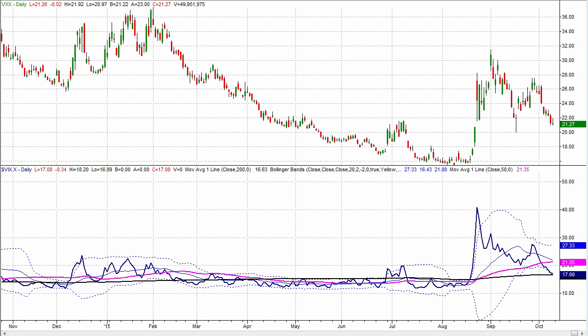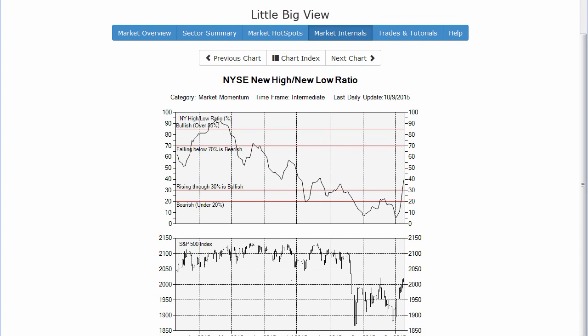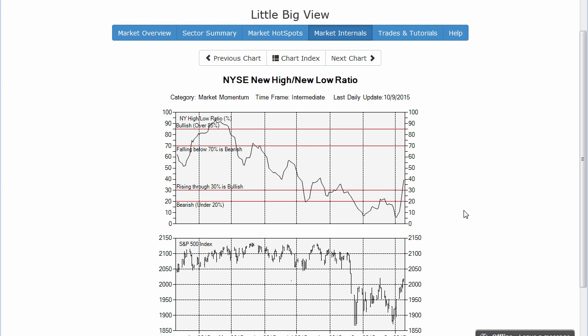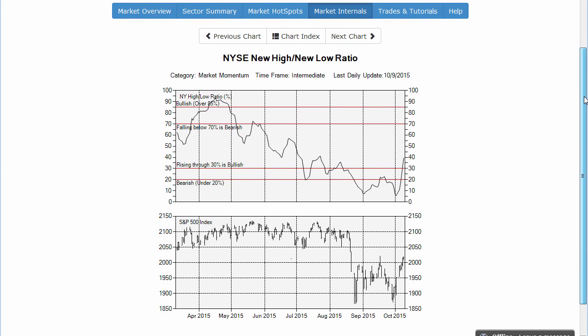All right, so if those two indicators are indicating that the market may be a little overdone on the upside, here's one that's suggesting perhaps it's just beginning on the upside. This is one of my favorite market breadth indicators, and it's at one of my favorite spots. This is a new high, new low ratio in which we take the number of new highs and divide it by the number of new highs plus the number of new lows. Now, the best way to read this is to look for situations where it's coming from a top and rolling over, or it's coming from a bottom and moving up.